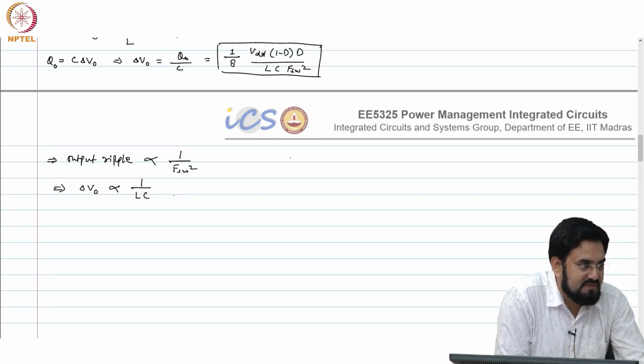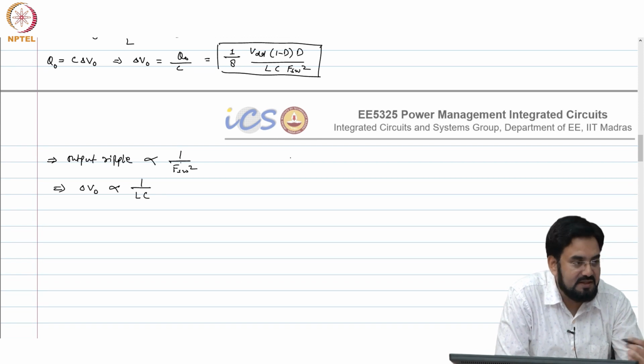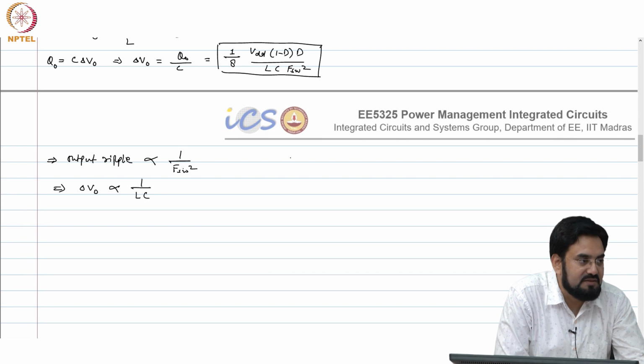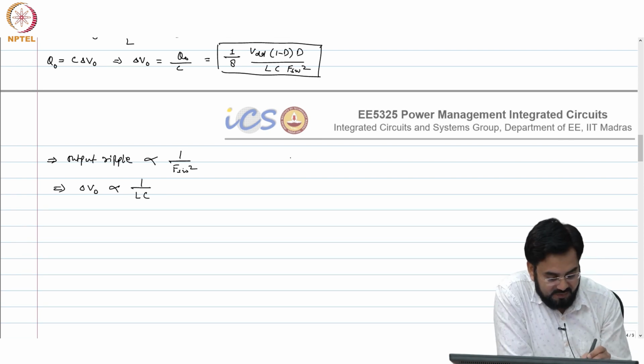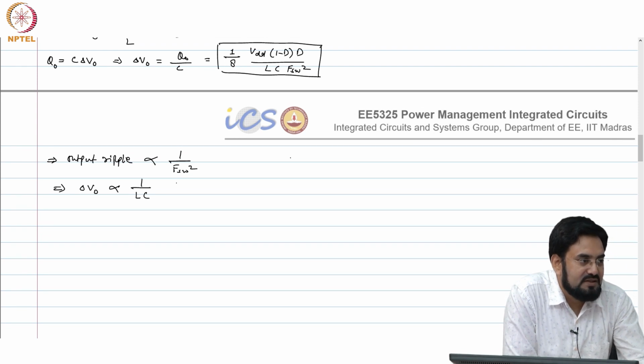or if you increase the switching frequency for same L and C, then again your ripple current or ripple voltage will reduce, and it will obviously also reduce the inductor ripple current in case of L and C, because C ripple current is not a function of capacitor, but voltage is, but inductor and switching frequency will affect the inductor ripple current as well. Okay. So, if I double the frequency, I get 4 times advantage,